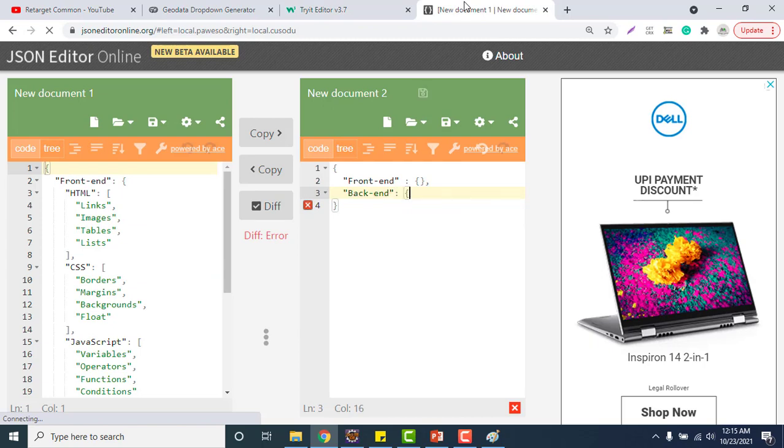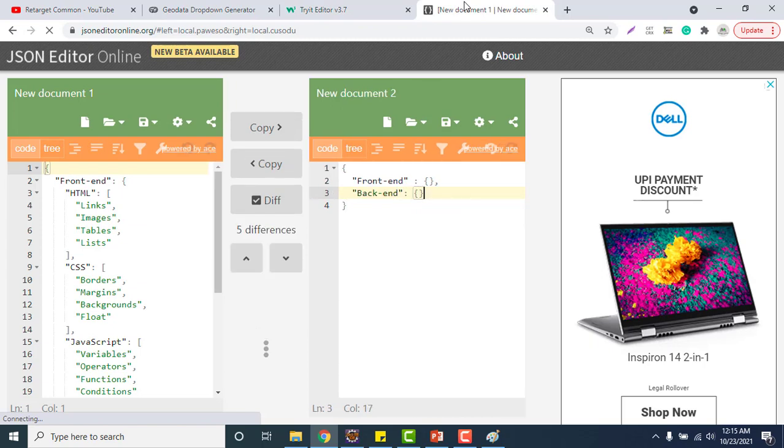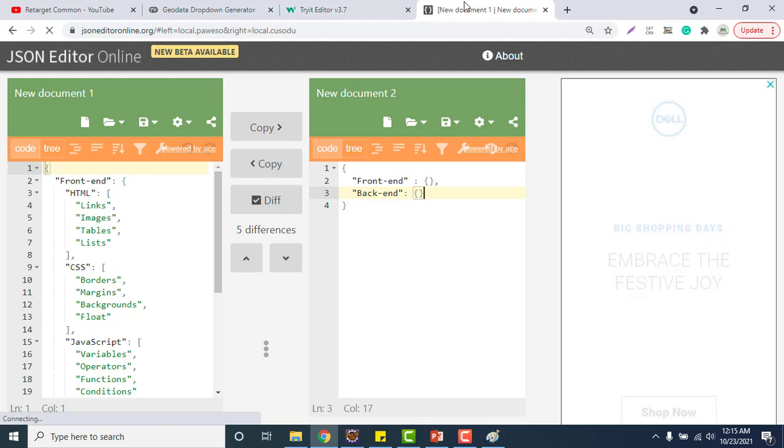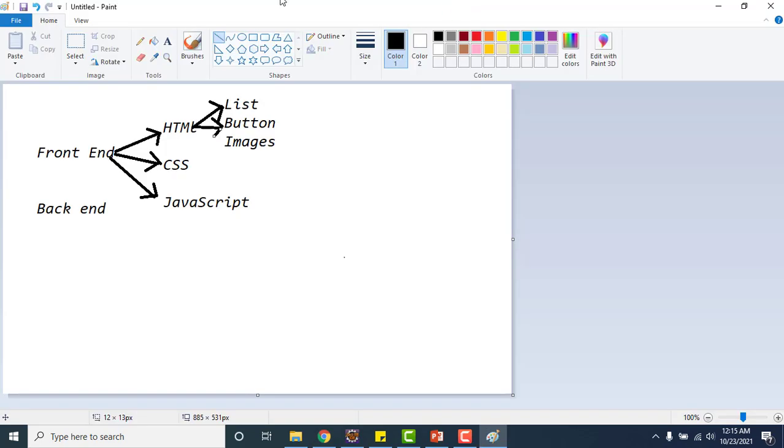Now the question is what type of value front end and back end will hold. Forget about this part, just remove it. I have HTML, and HTML is similar to front end, so HTML will also have another set of values. So this will hold another JSON object.